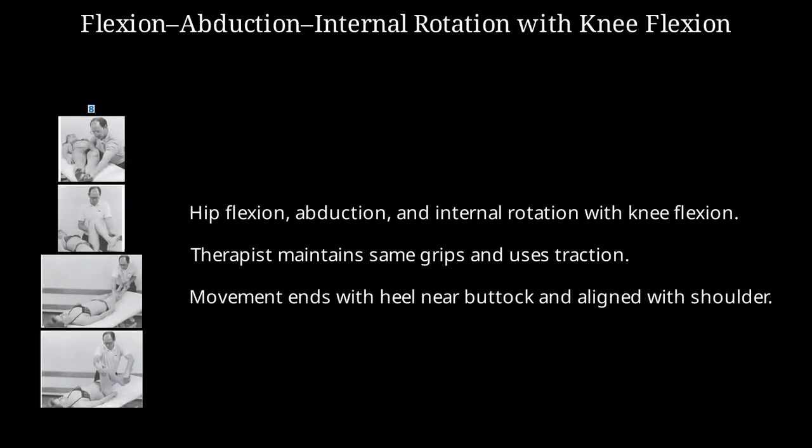In this variation, the hip flexes, abducts, and internally rotates while the knee also flexes. The therapist maintains the same grips and uses traction to facilitate knee flexion. The movement ends with the heel close to the lateral border of the buttock and the knee and heel aligned